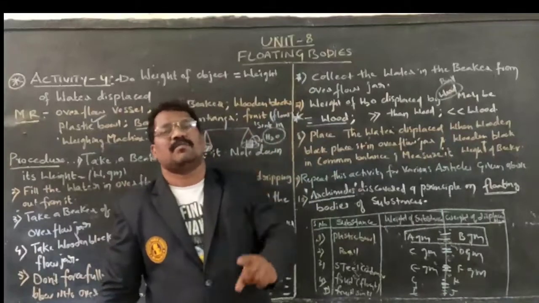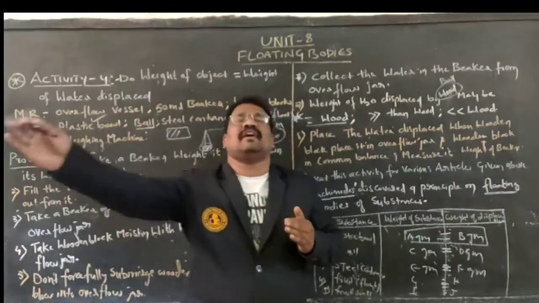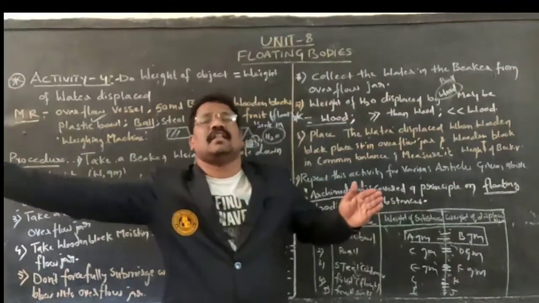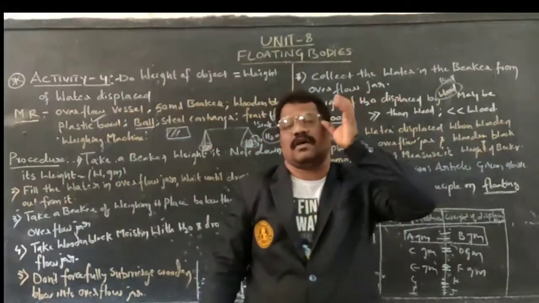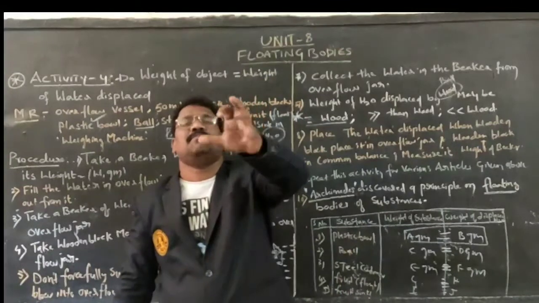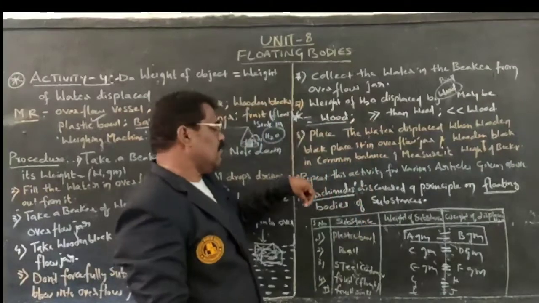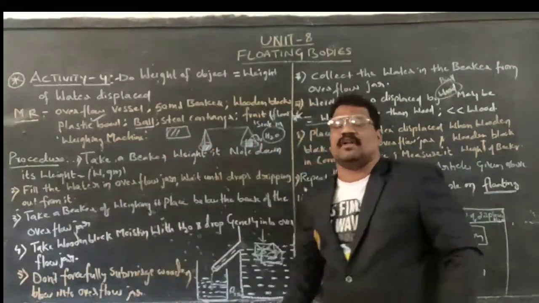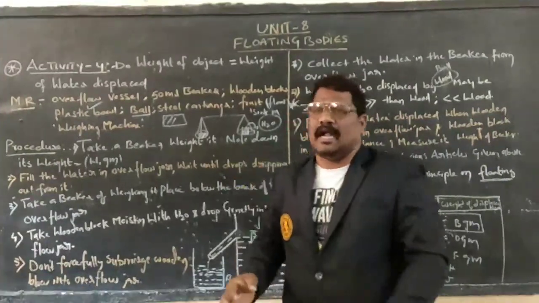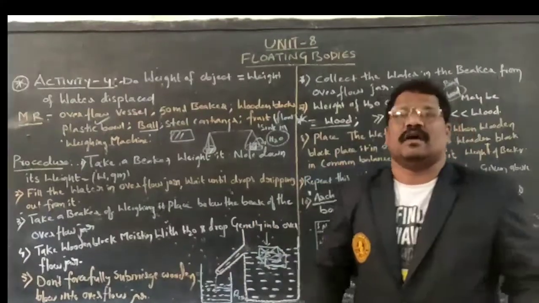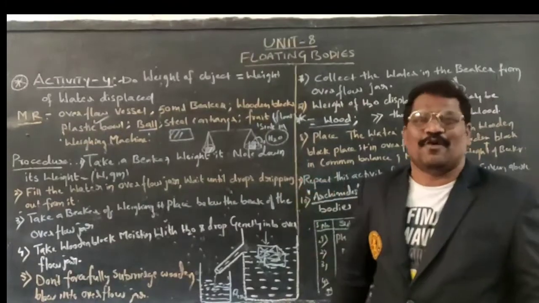Not only that, it also depends on other factors such as the volume of a substance. As the volume of a substance gradually increases, that object can more easily float on the surface of water. For example, if I take a steel pebble or a marble and drop it in the water, what happens? It will sink. Take that pebble, wrap it with a sheet, and release it in this beaker. Here, as the volume increases, it slowly starts floating on the surface of the water.